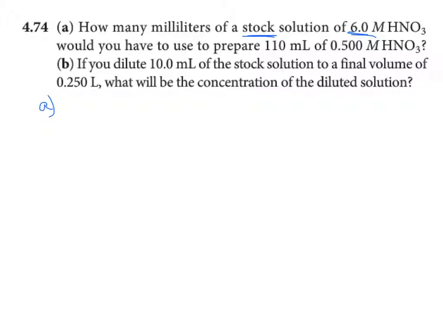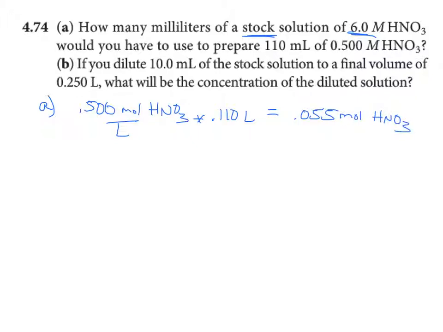So we've got our stock solution here, and I need to make 110 milliliters of a 0.5 molar HNO3 solution. What that is telling me is how many moles I need to have at the end of this, because it's giving me a molarity and a volume, and with a molarity and a volume, I can figure out moles. So the first thing I'm going to do is say that I know this is 0.500 moles per liter, because that's just another way to write out capital M. And I know that I'm going to use 0.110 liters of that, so converting my milliliters into liters. And what that tells me is that I need 0.055 moles